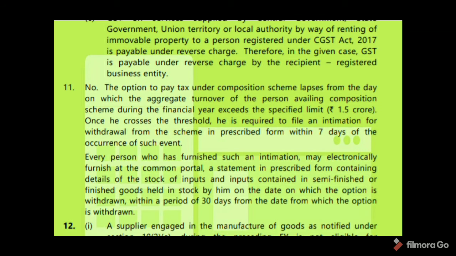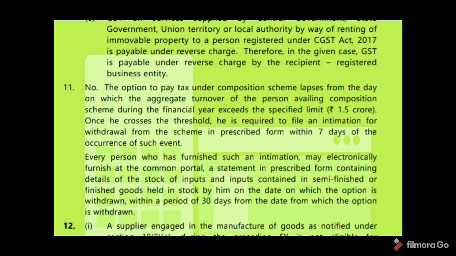Once he crosses the limit, he is required to file an intimation for withdrawal from the scheme in the prescribed form within 7 days of the occurrence of such event. So in this case, he crosses the limit in December. So they did not mention the date. So from that date, within 7 days, intimate in the prescribed form. Okay, withdrawal from the scheme. Okay,